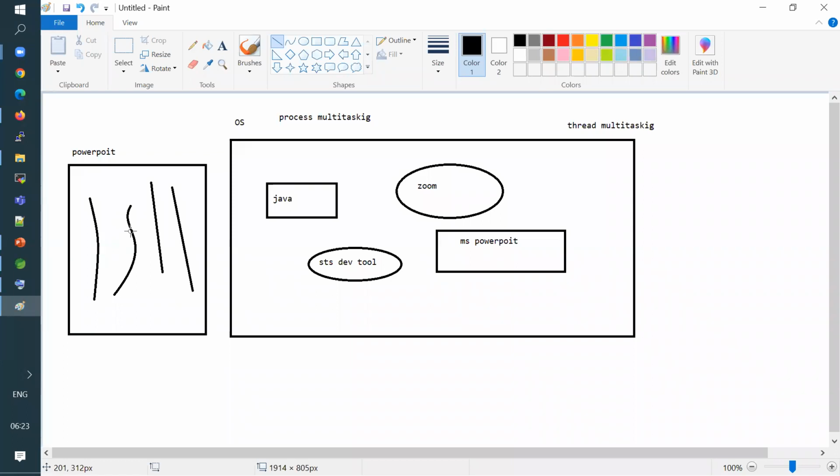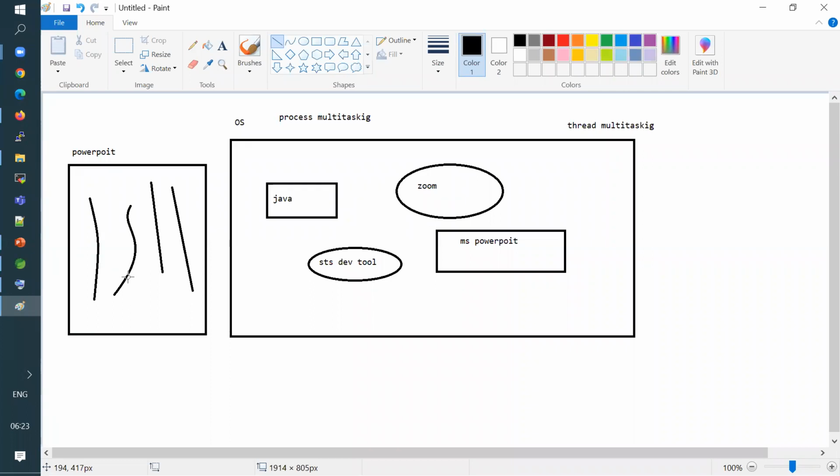To handle this situation, you have the dual core, multiple processors. On one processor you will have the thread playing the video, and on another processor another thread moving across the slides. So this is how we can handle it.